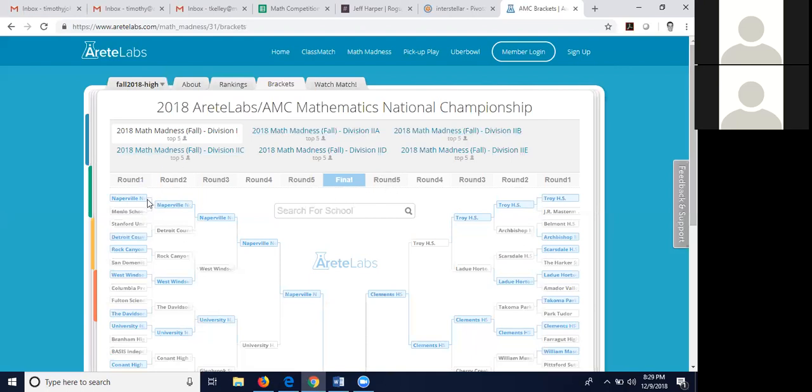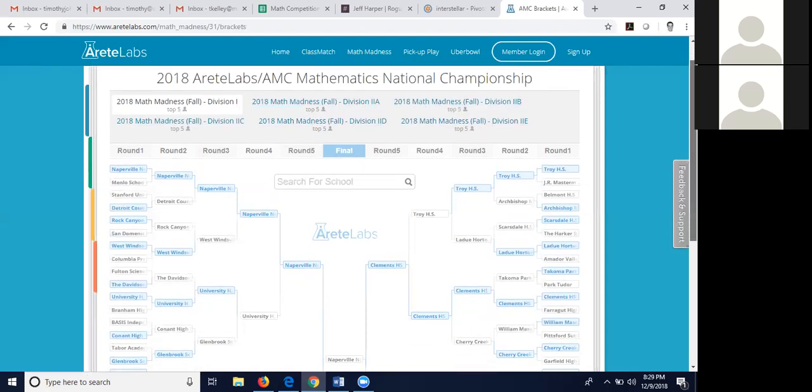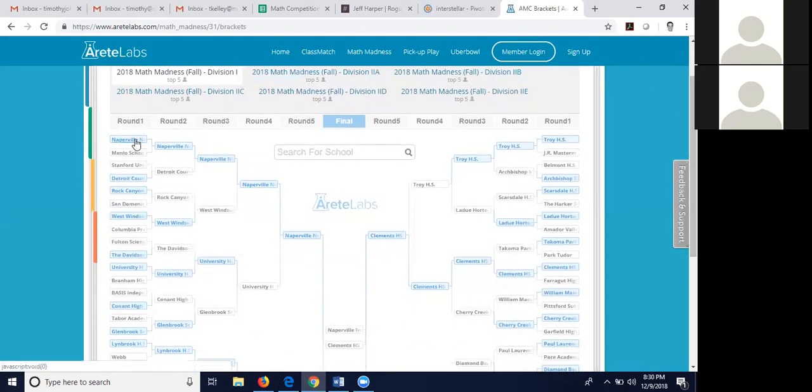Now, inside each bracket, teams are seeded according to the NCAA protocol. By seeded, I mean positioned. So Naperville North is a number 1, so it's a top seed, and Menlo School would be roughly 64, 61, 62, 63, or 64. So they're matched against each other. And then you have the same thing down here where you basically have the 2 and the 15 seed matched against each other again. So the idea of that seeding is the top teams play the worst teams